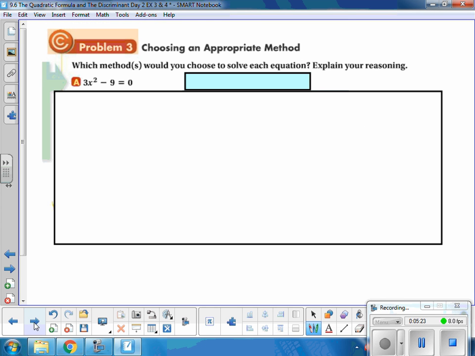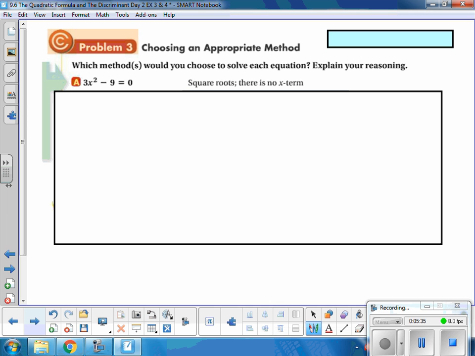Which method would you choose for each equation here? You can speed through these. I'm going to go ahead and solve them out though, just to see some more examples. So for this one, we would use the square root method, because there is no x term, none of that second term. So I would do 3x squared minus 9 equals 0, and before I even divide,